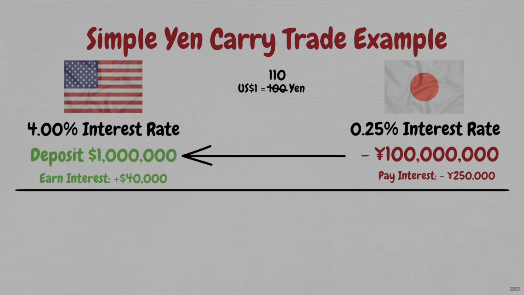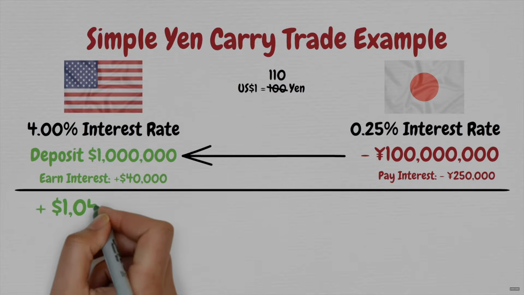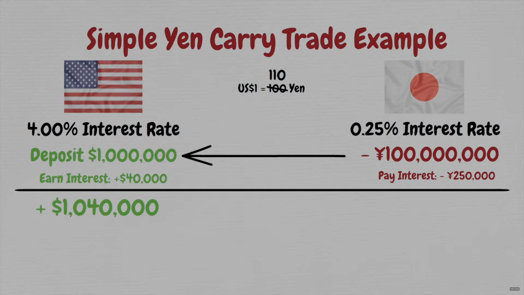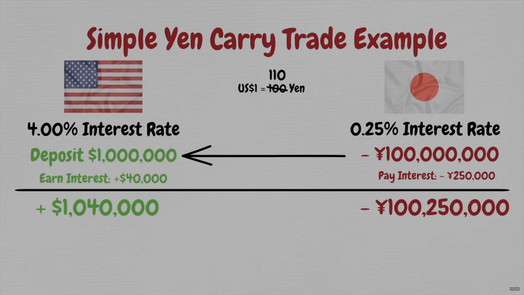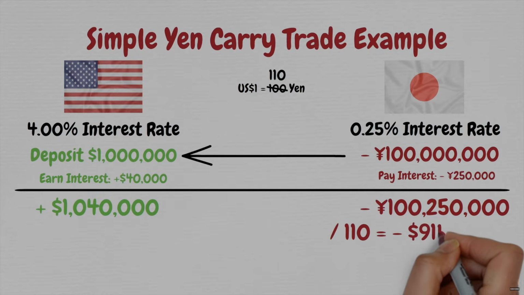Our $1 million has grown with the interest earned of $40,000 to $1,040,000. We need some of that to pay off our loan in Japan, which was 100 million yen plus the interest of 250,000 yen, for a total amount owing of 100,250,000 yen. At the new exchange rate of 110 yen per US dollar, we take 100,250,000 yen and divide that by 110 to get